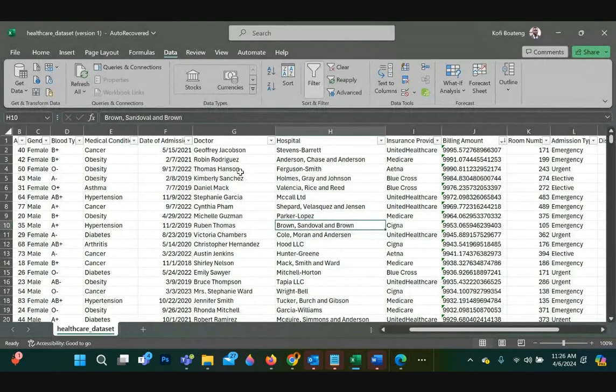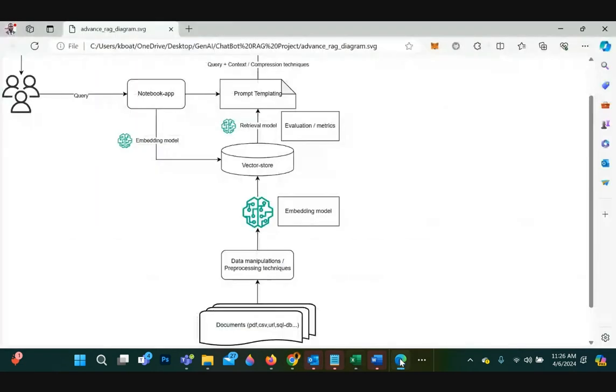We'll try. So a data set is just a set of data. For example, when you look at this section here, we have the PDF, CSV. These are sets of data. They are not necessarily in table format. They can be in relational tables also.